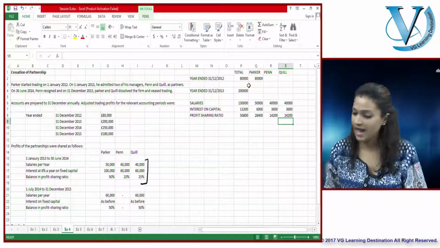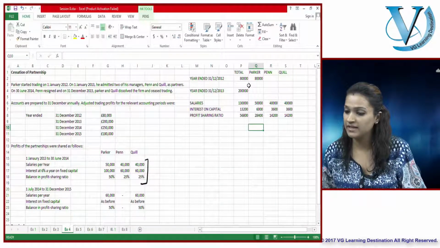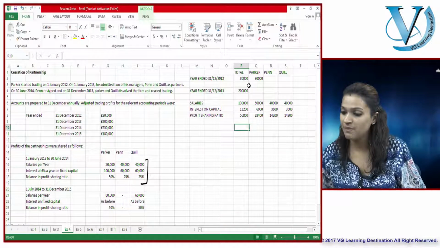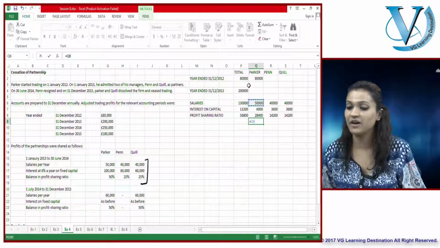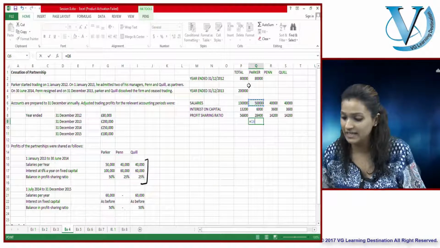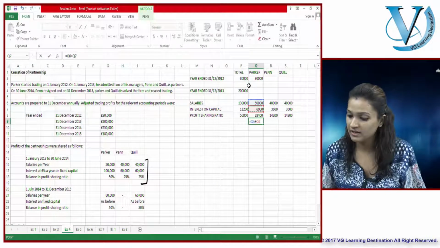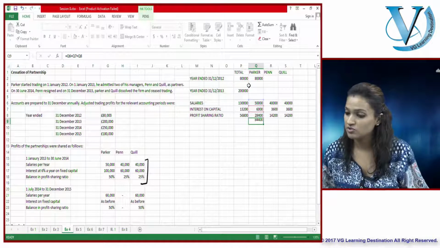So let's sum up the income for each of these partners for the entire year ended 31st of December 2013, which comes out to be,